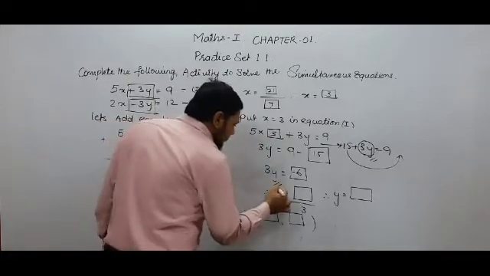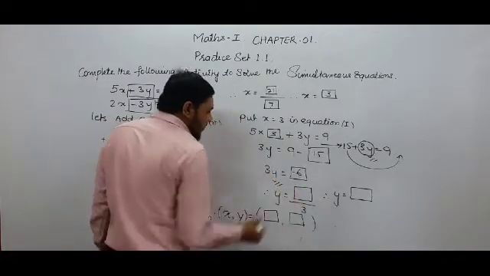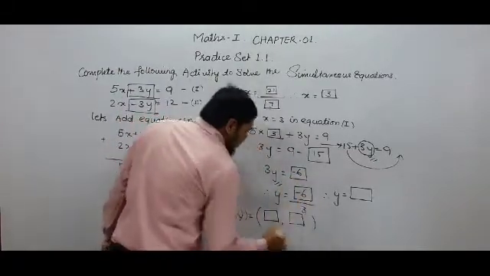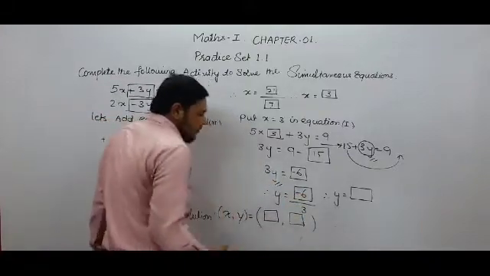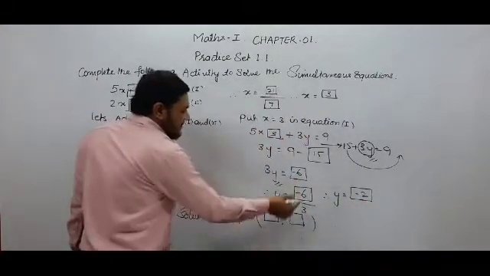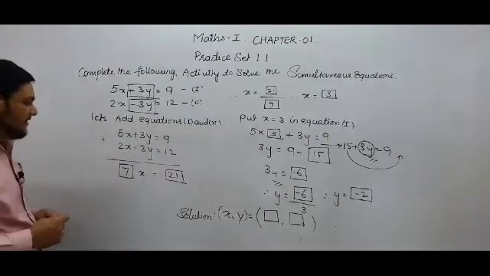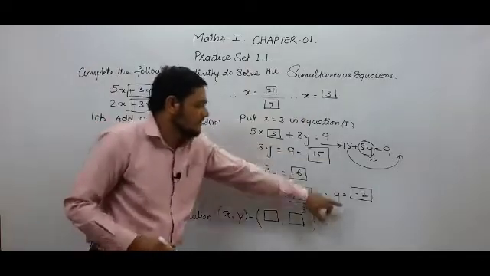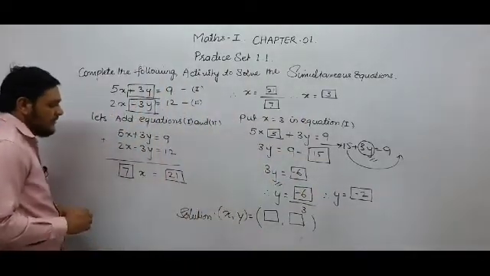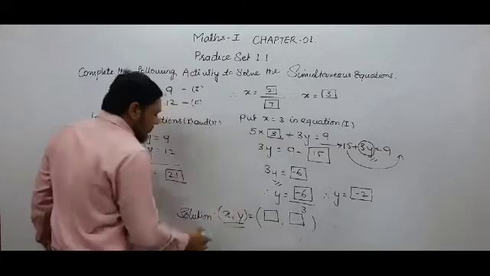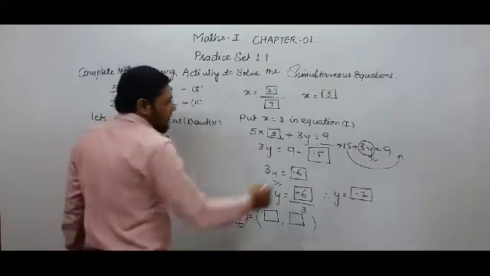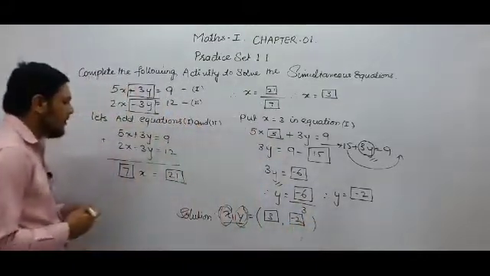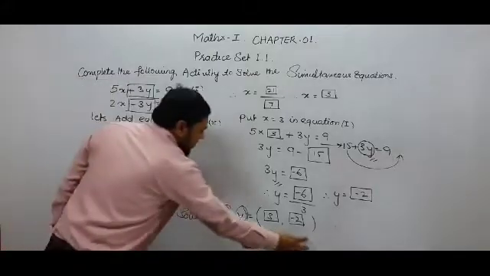Now we are interested in finding the value of y, so we divide negative 6 by 3. y equals negative 6 upon 3, so y equals negative 2. 3 ones are 3, 3 twos are 6, and the negative sign stays as it is. Now we have solved this equation. We got the value of x and the value of y. I already showed you in the previous lecture that while writing the ordered pair, always write x first and then y. The value of x is 3 and the value of y is negative 2, so the solution of the given equations is (3, negative 2).